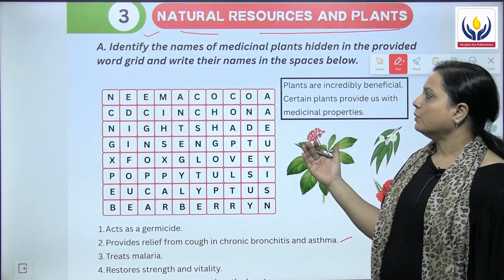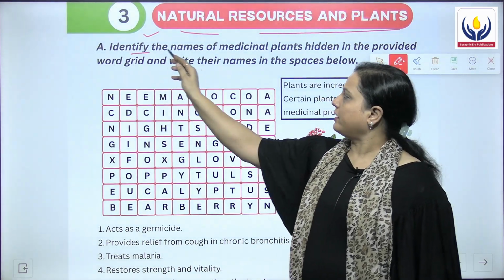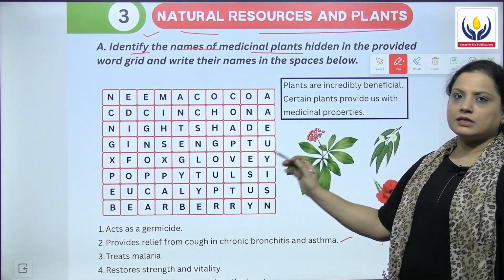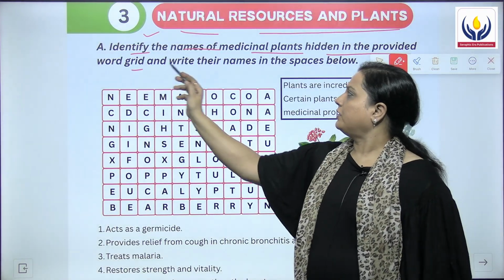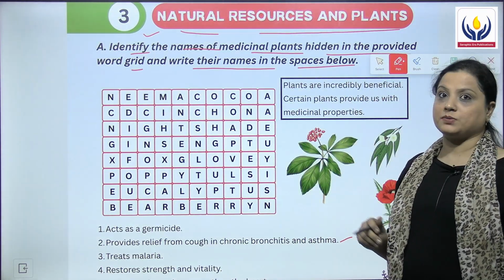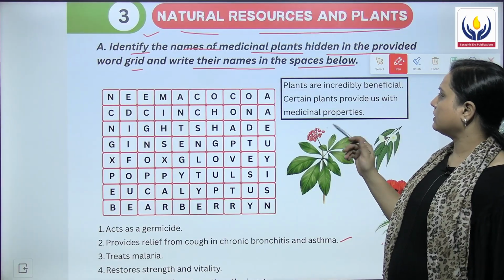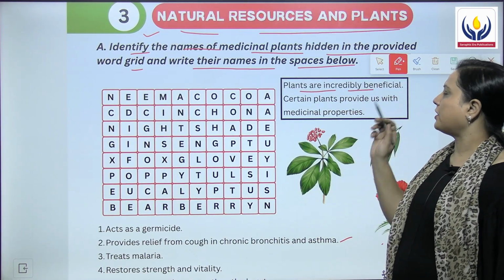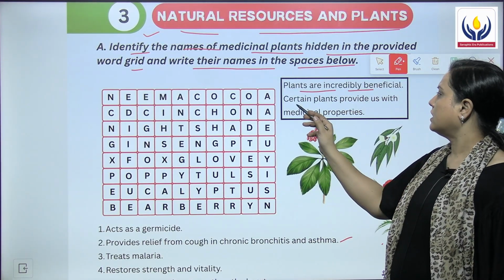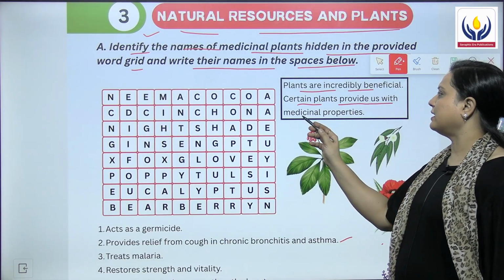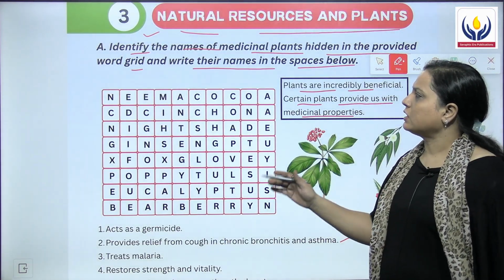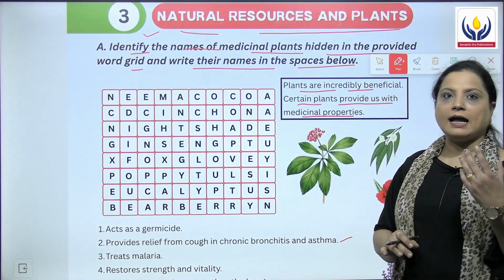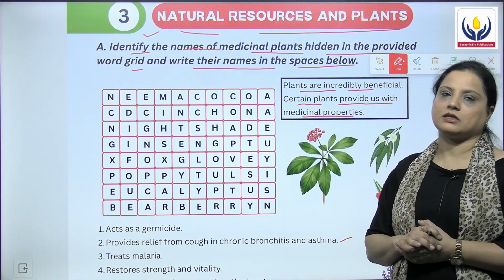Now in this chapter they have asked you to identify the names of medicinal plants given over here, hidden in the provided word grid, and you will write their names in the space given below. Now they are saying that plants are incredibly beneficial to us, and certain plants provide us with medicinal properties. So in this we will look at the grid and take out the names of the various medicinal plants